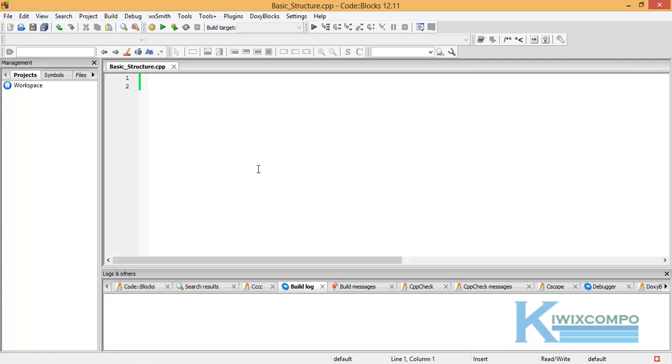now we have a blank page, and all C++ programs start with including iostream. Hash include iostream. Now what this means is that there are different